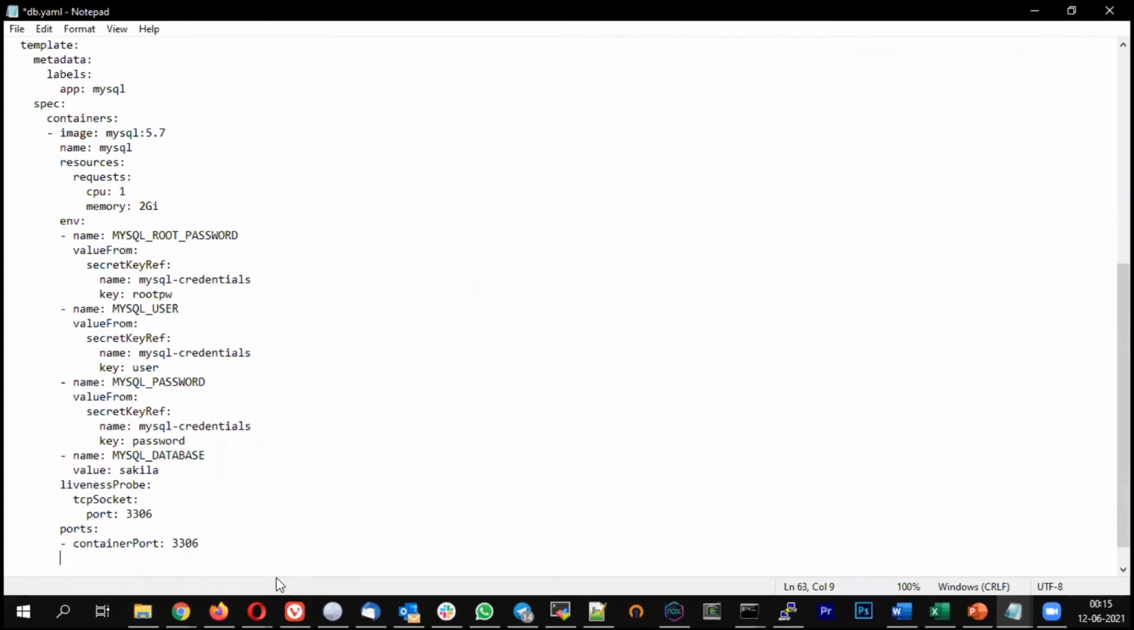So I want the volume to be attached to /var/lib/mysql, and inside that I should have the data folder. I should have the volume mounted to the data folder. So let's do that. So the option is